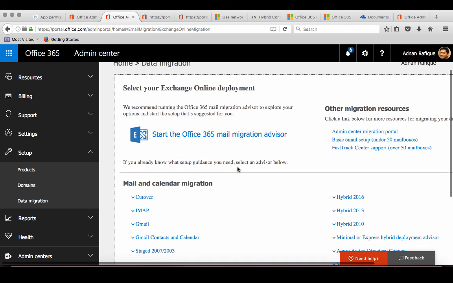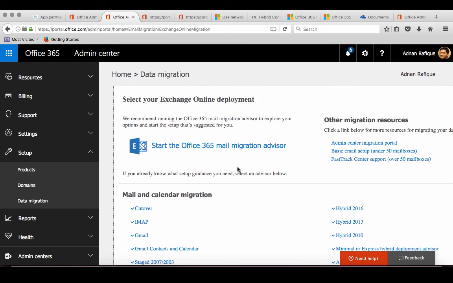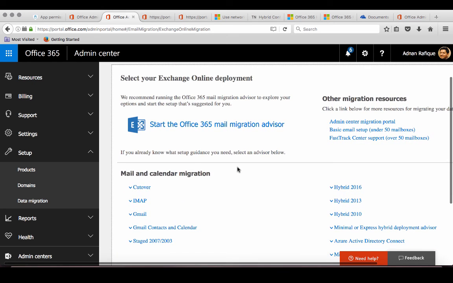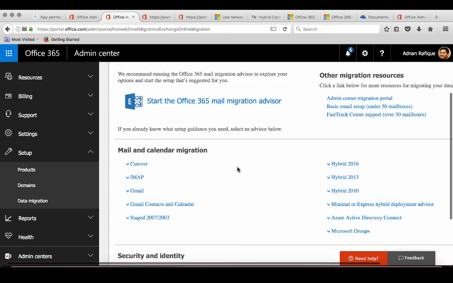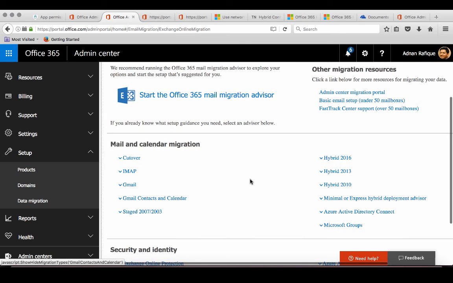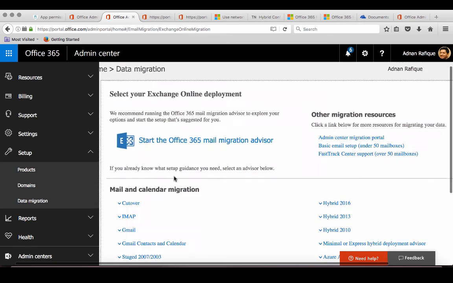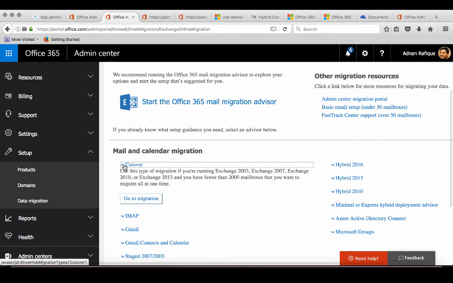So I'll just give you a high level view of the different options available, and in the future I'll try to cover more in detail. For mail and calendar, there are different types of migration, like cutover migration, which means you cut over from your existing environment to 365. That's the way you want to leverage cutover migration, which includes 2003, 2007 servers, all the legacy servers up to 2010